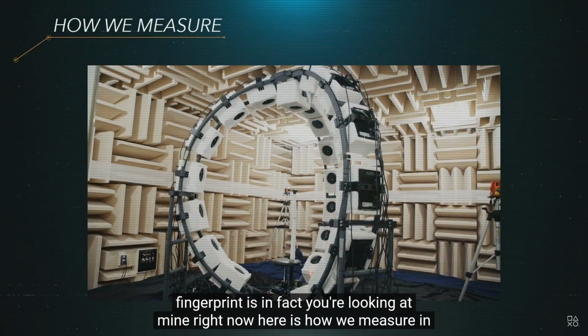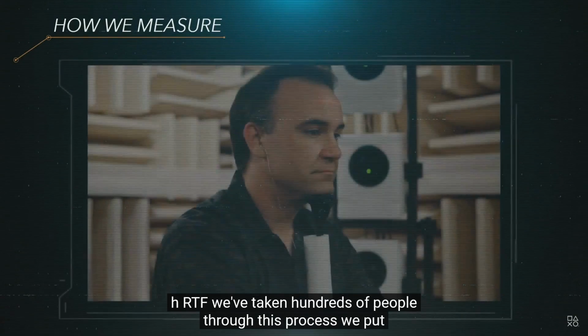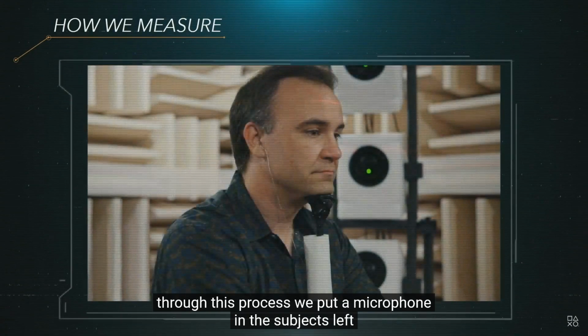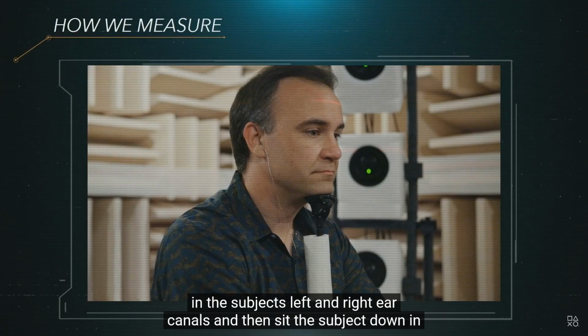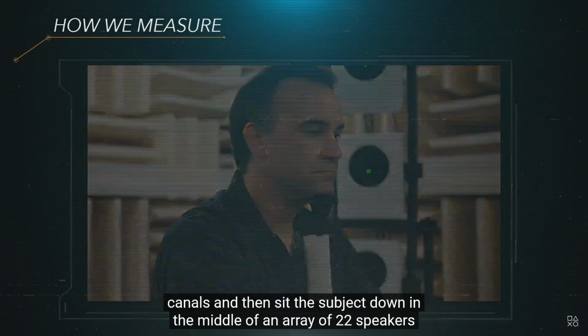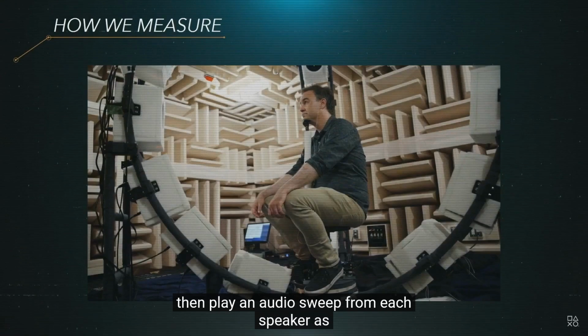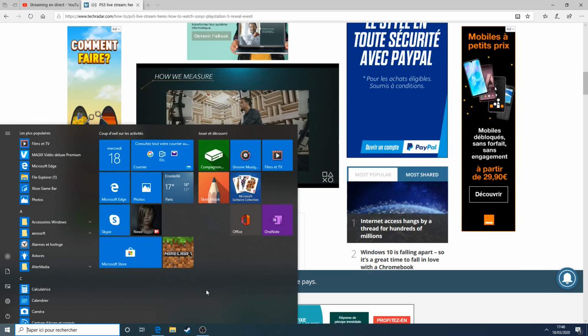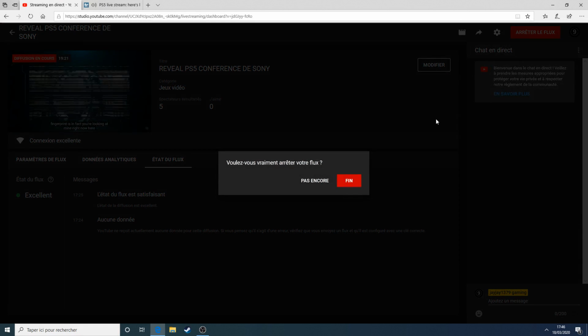Here's how we measure an HRTF. We've taken hundreds of people through this process. We put a microphone in the subject's left and right ear canals, and then sit the subject down in the middle of an array of 22 speakers. We then play an audio sweep from each speaker as we rotate the subject. In the course of 10 or 20 minutes, we're able to sample the HRTF at over 1,000 locations. Using an HRTF